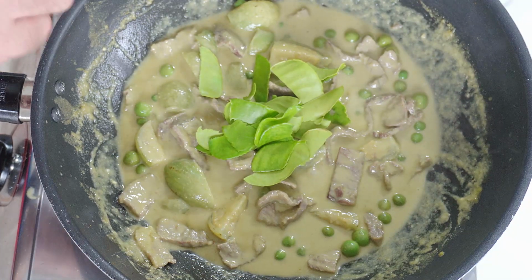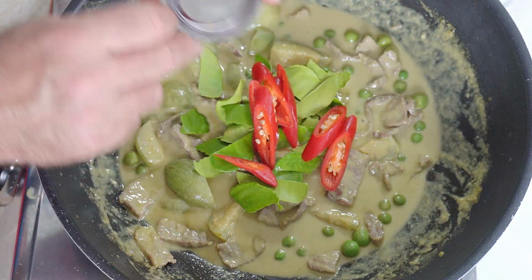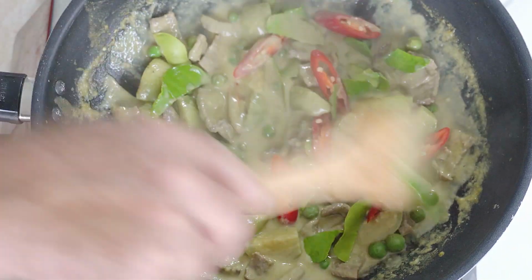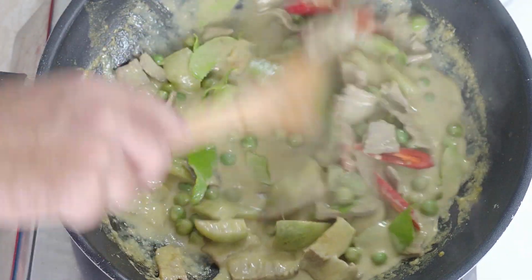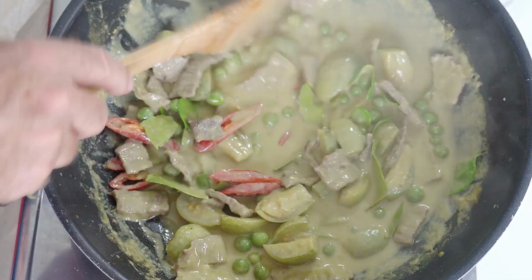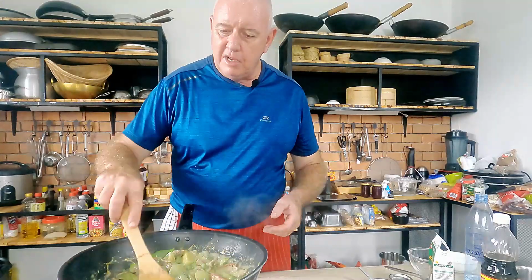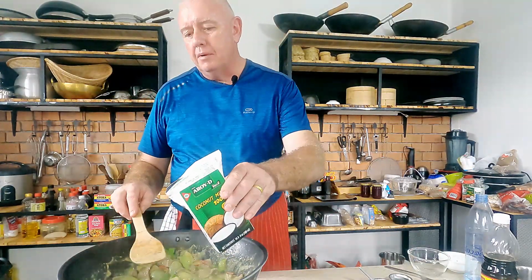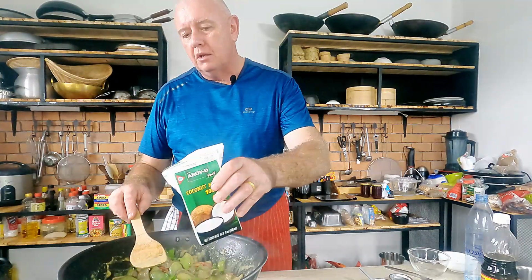We're going to chuck our red chilli in. We're going to give that a stir in actually. So just stir it in. And look at that in there, guys. That looks amazing. Guys, as you're looking here, it's thickening up just a little bit. So we've got a little bit of coconut milk left in this